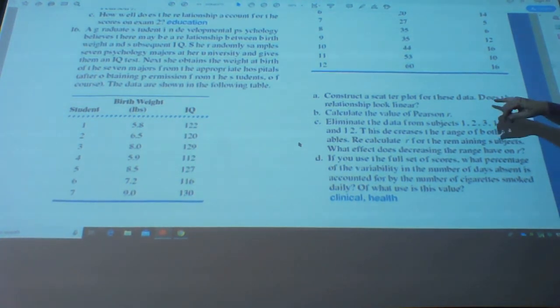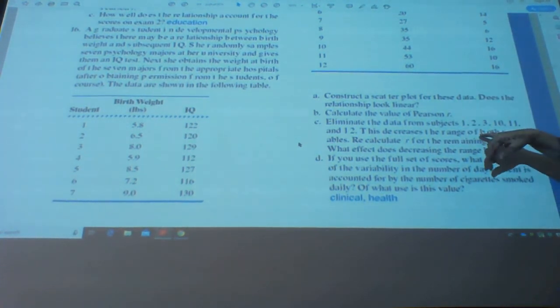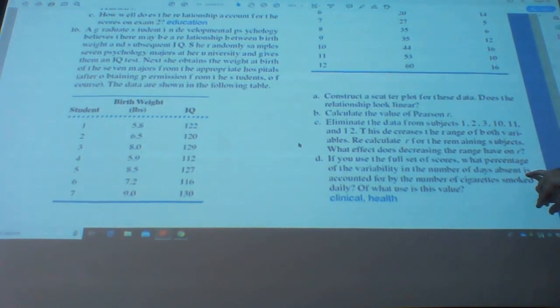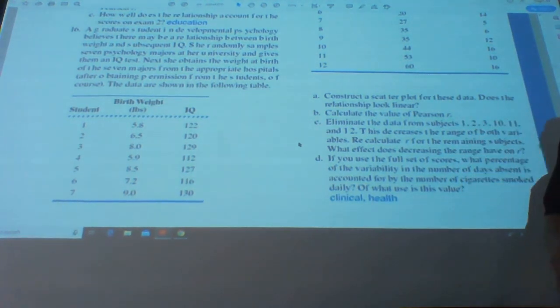And so a lot of these problems will have this form. Construct a scatter plot, okay. What's the value of Pearson R? Okay. Now this one says eliminate certain scores. I'm probably not gonna have you do something like that. And then it'll ask coefficient of determination, or percent of variability in the number of days absence accounted for by knowing the number of cigarettes smoked. All the problems will take this form. So it looks hairy, it's very confusing as you read through it, but read the chapter. But solving the problems themselves